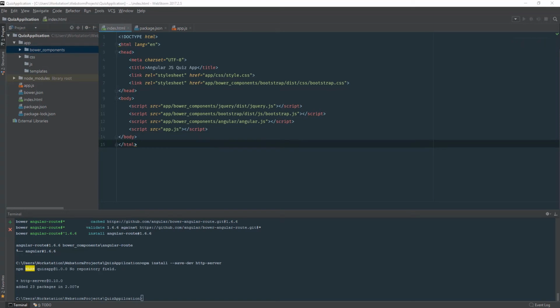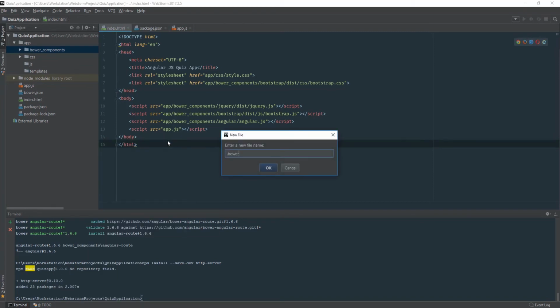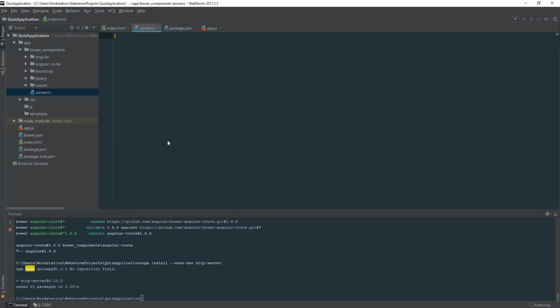To do that, we are going to create another file. Let's create a new file, which we're going to name .bowerrc. Here we'll just add an object and say directory should be "app/bower_components". Alright, so if you have watched my first section of this course, you know that I've explained why